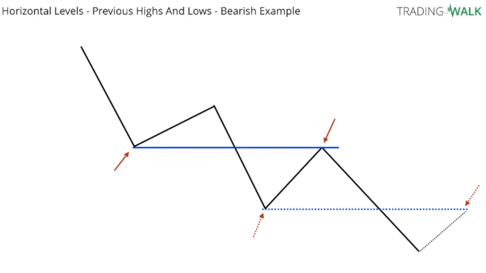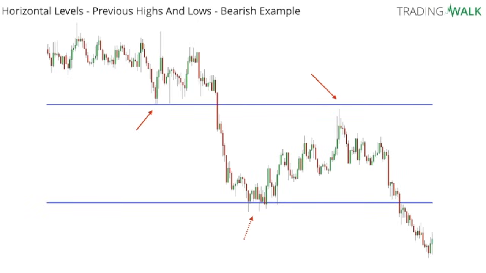So now let's look at a bearish example. And in a bearish example, we have the opposite. You make lower lows and lower highs. You want to trade shorts at the previous lows. So it's like a stair step. You trade the pullbacks when they connect at the previous lows, making extremely good trading opportunities with good risk reward. And even though levels are not exact, you can have good stop losses a few pips above and you're good to go. So how does this look like in a live chart?